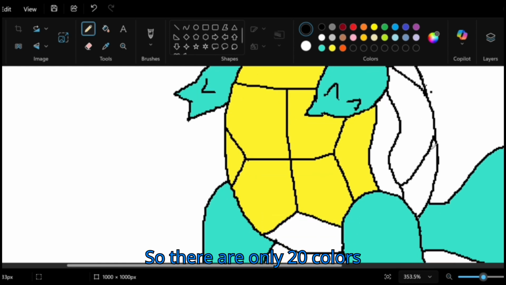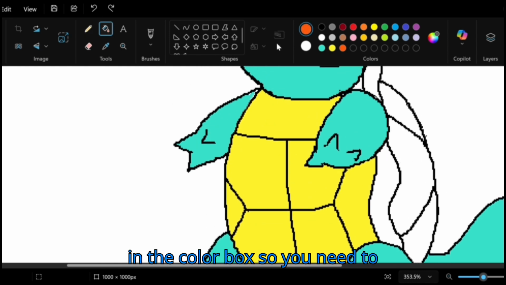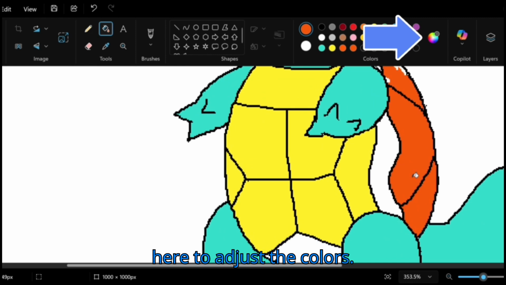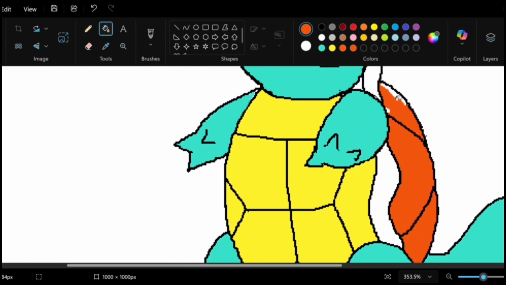There are only 20 colors in the color box, so you need to explore more color in here to adjust the colors.